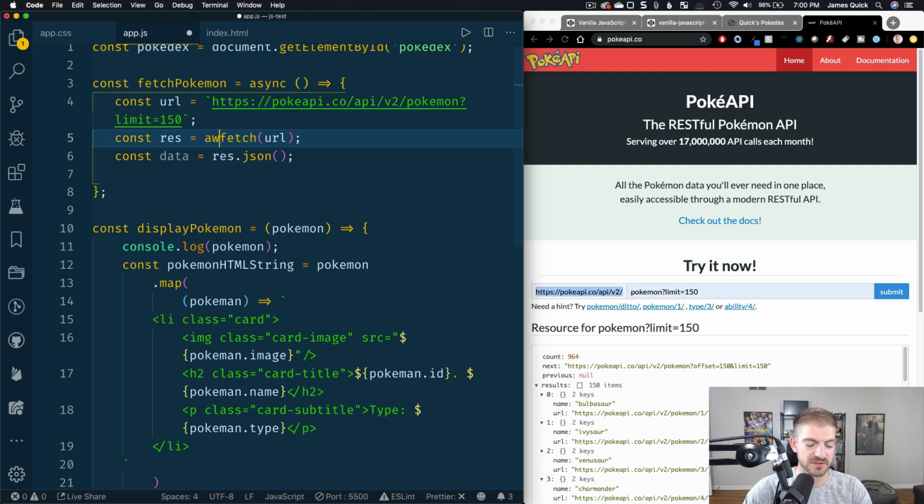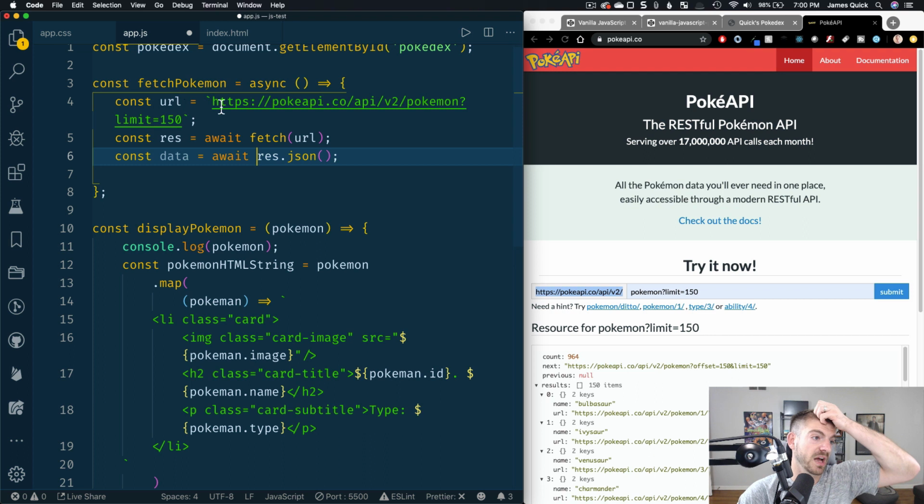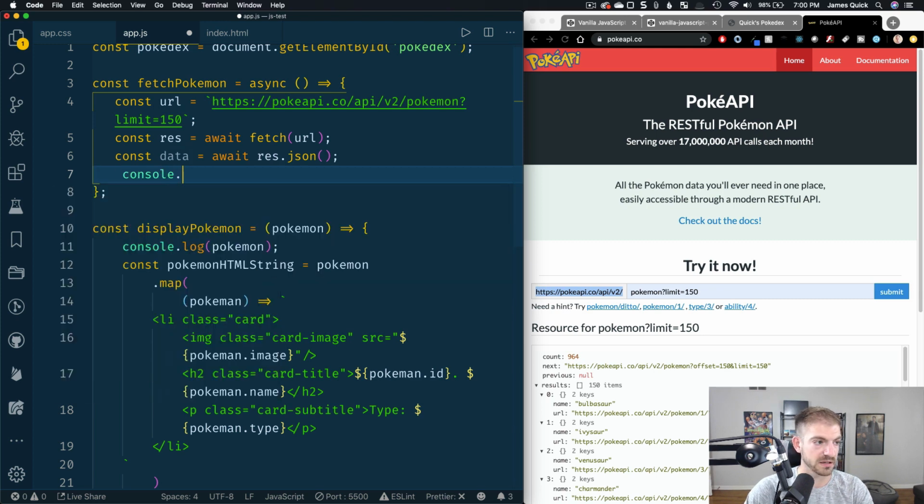And both of these will need to await. Because this is an asynchronous function, we'll await the response to come back, and then we'll extract the JSON data out of the body of that return value into a data property here. Let's just start by logging this data